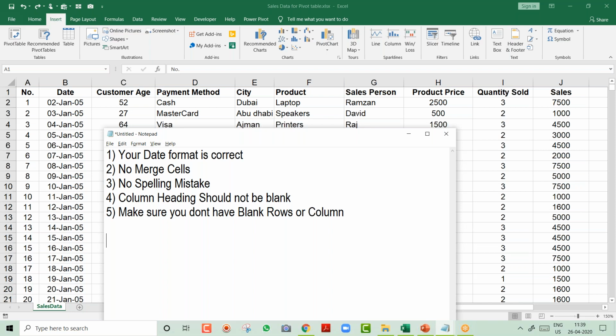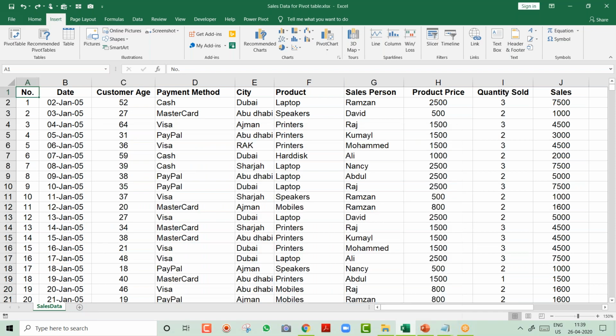These are the things which I need, which my management will like. With this report, my management will be able to do the analysis. So let's spend the next 2 to 3 minutes discussing what reports can be created. Let's say you downloaded this data from your Oracle server, SQL, or you typed it manually, or from whatever source. If you give this data to your sales manager, what will he understand? He will not understand anything from this huge database.